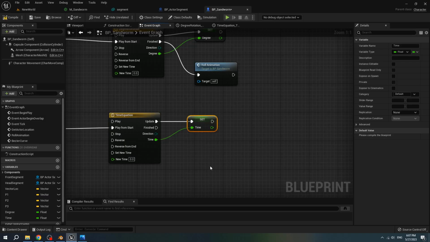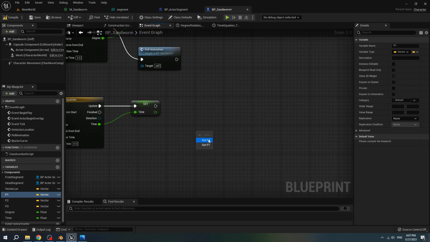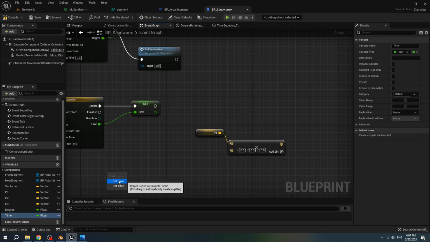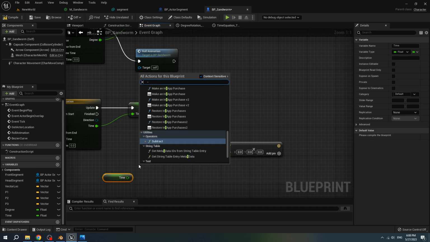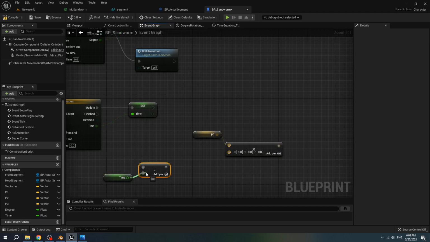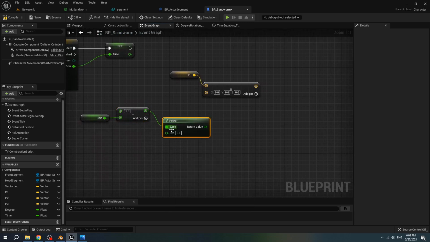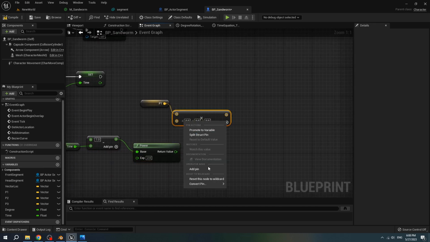Back to Unreal Engine. Get P1, multiply, get time, call subtract, connect time to the subtract, and 1 subtract with the time, power with 2, and then convert it to float, connect it to the float.